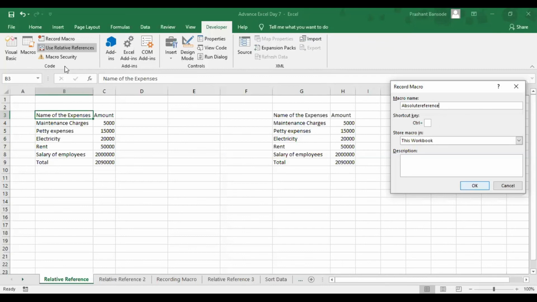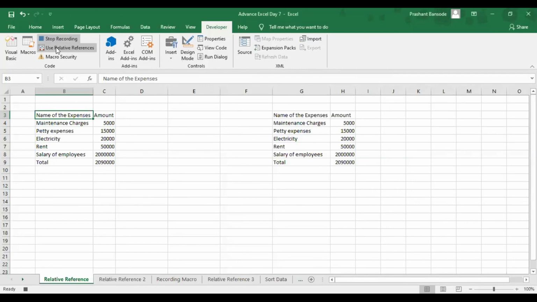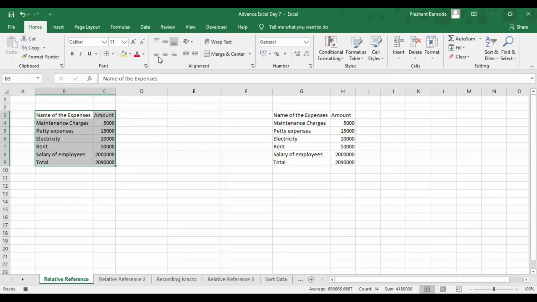Now my macro has started recording whatever I'm doing in this particular sheet. I'm going to first select the entire data. I'll go to the home tab and do the center alignment. Then I want borders to be added, so I'll click on borders.